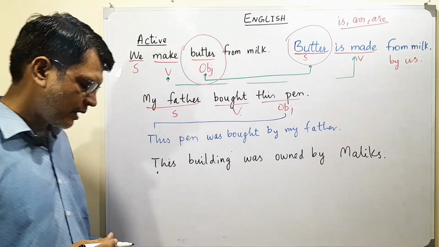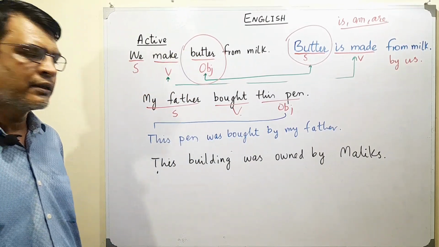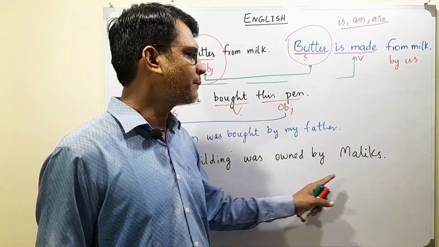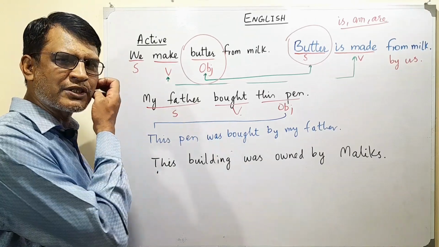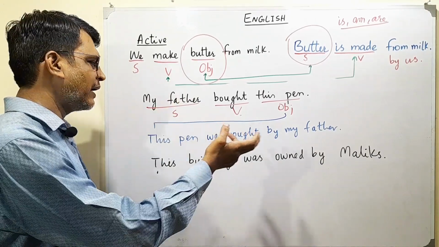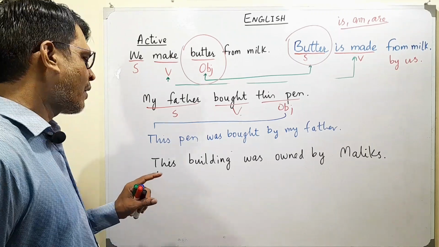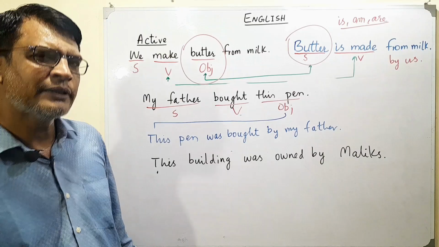Now, in this sentence, we have subject, third form of verb, and then we have the doers, which are introduced by using by and then the Malik. This sentence is already a passive sentence. Why did I use this sentence? To clarify one thing,